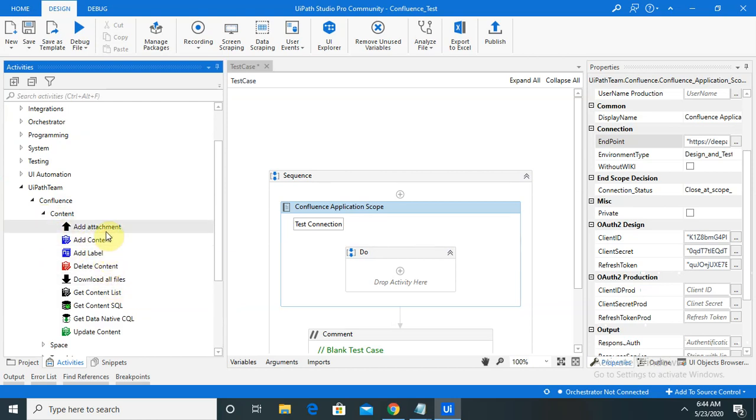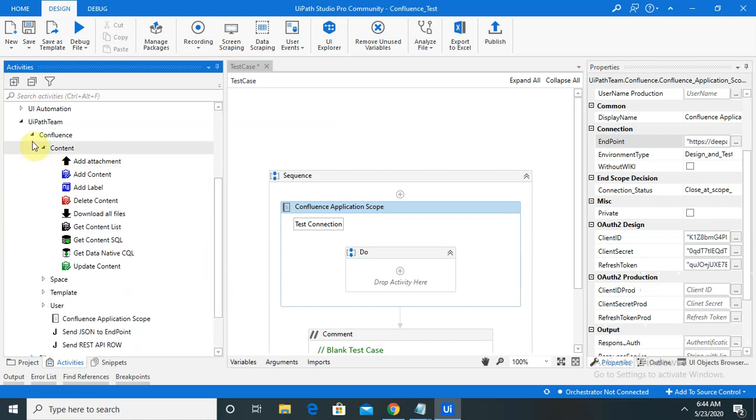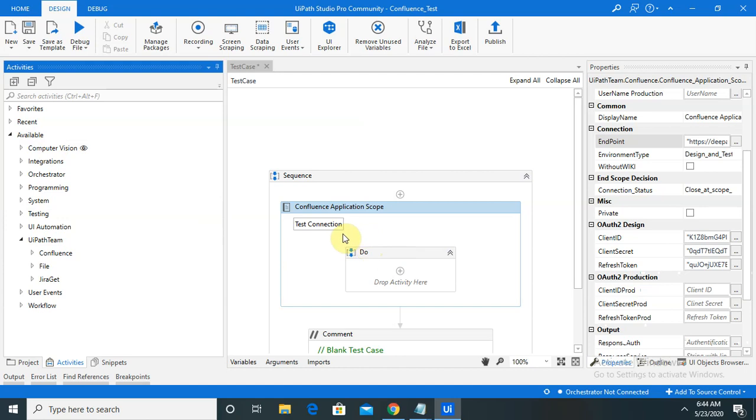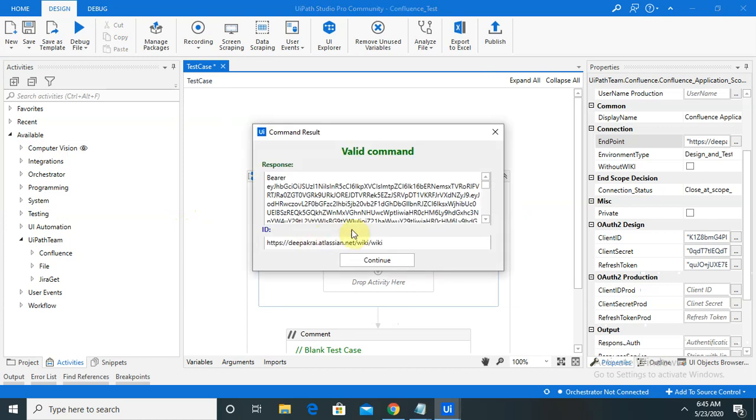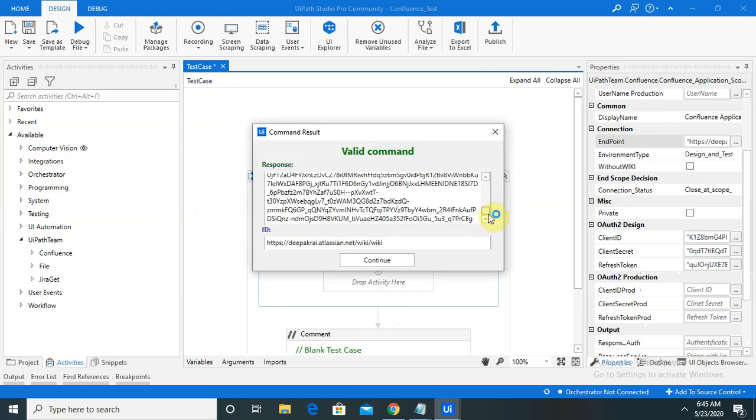For performing these steps, in the beginning we need to configure or connect with the Confluence login portal. Let me show you how I configured it, and after that I will explain step by step. Just click on the destination, and you can see a valid command and the connection will be established.